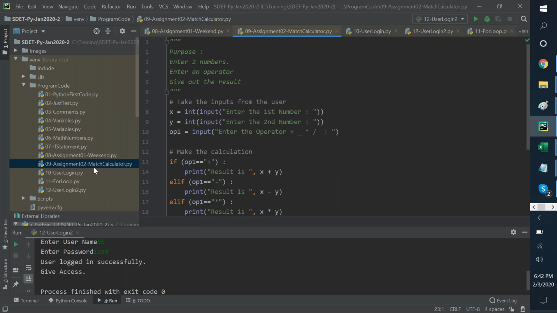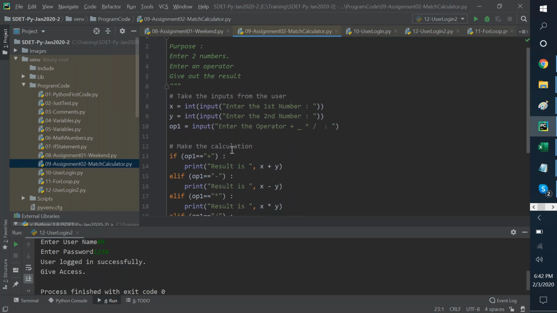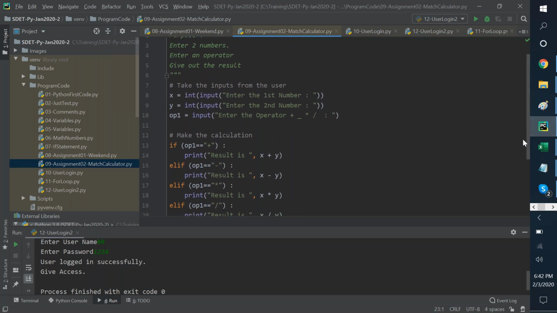All right, then we had a math calculator. It was a pretty simple one. We took inputs. Everyone can hear me okay, team? Okay, thank you. We took inputs from the user and converted that into an integer. So we did a typecasting and we said whatever the user enters is a number. We're expecting them to enter a number, and we'll change it to an integer. And then we are assuming that they're not entering decimals.